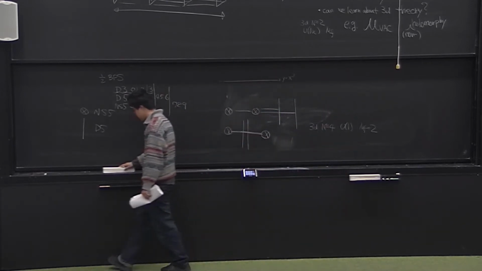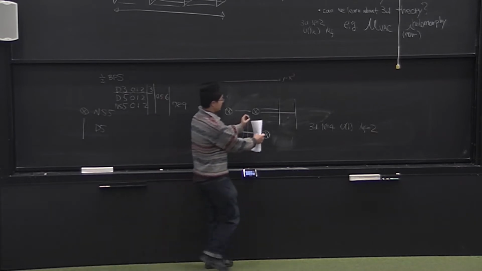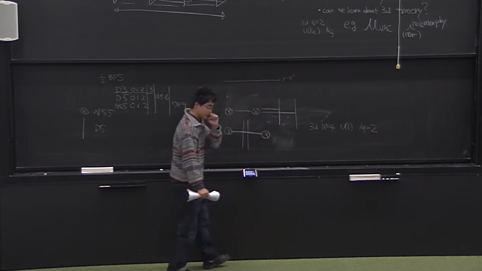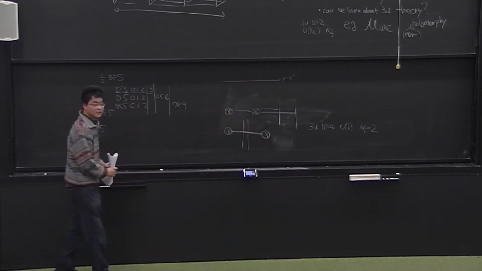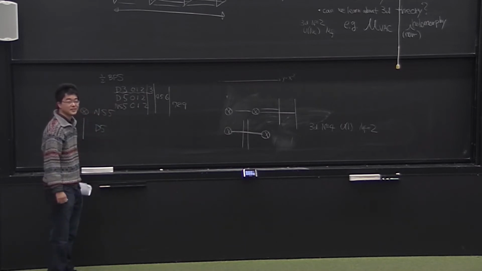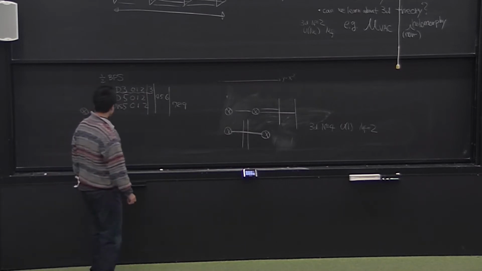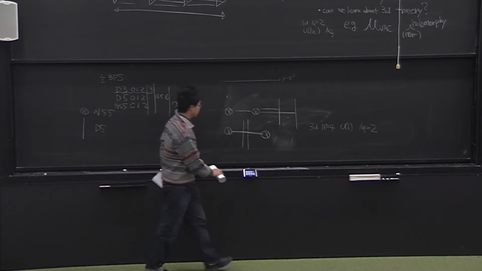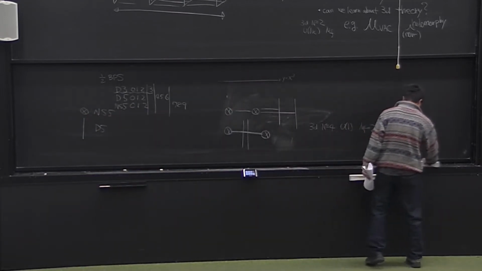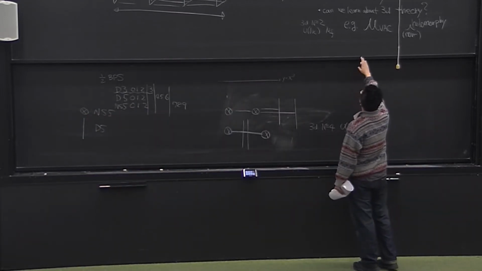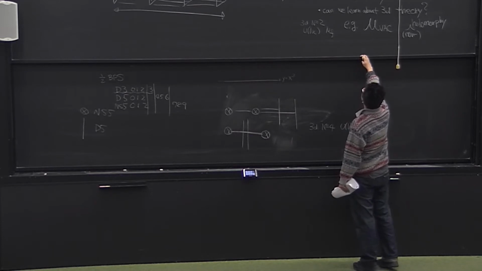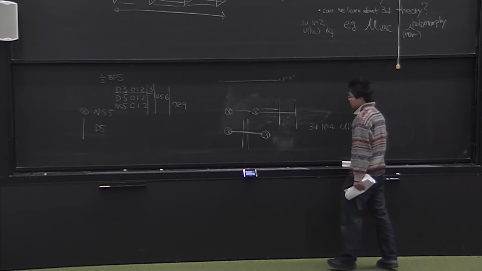And then there is the ambiguity of exchanging the order of D5 and NS5. Hopefully, at this point, this is very elementary. Now, from the viewpoint of boundary, right? So in this case, boundary condition has been classified, and basically